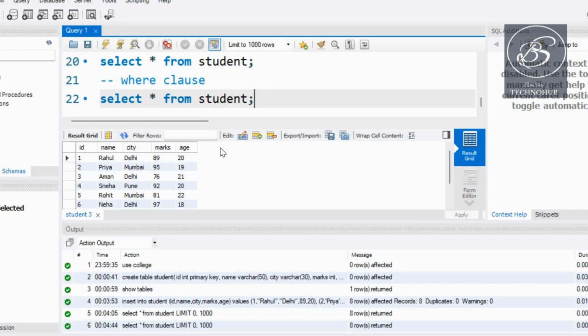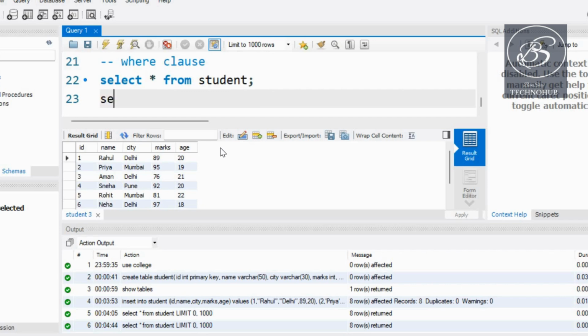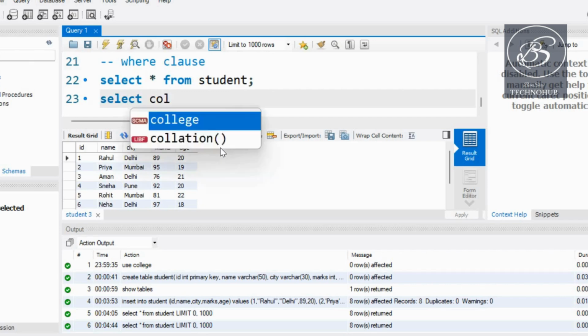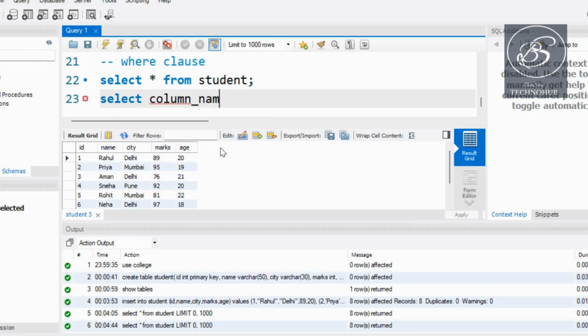The general syntax for SQL is, you have to just write down select column name from table name where